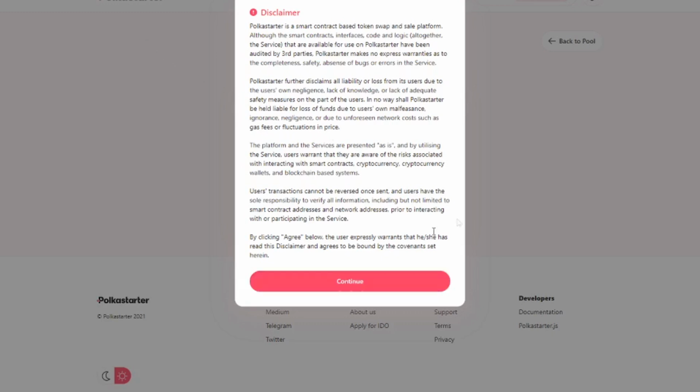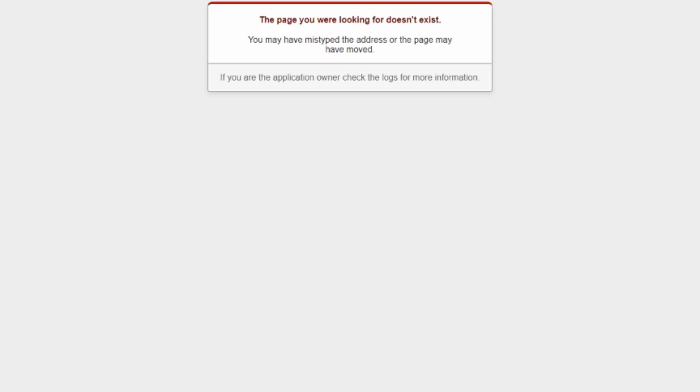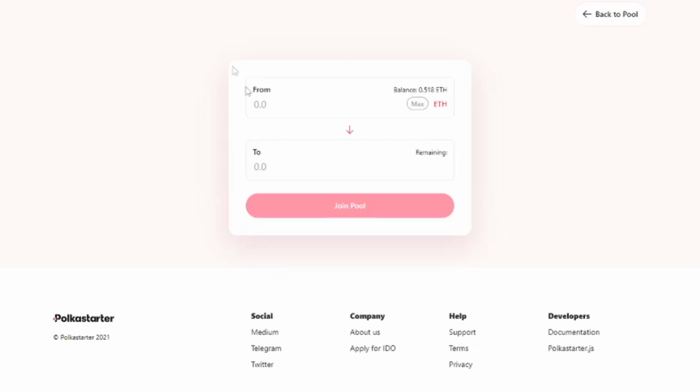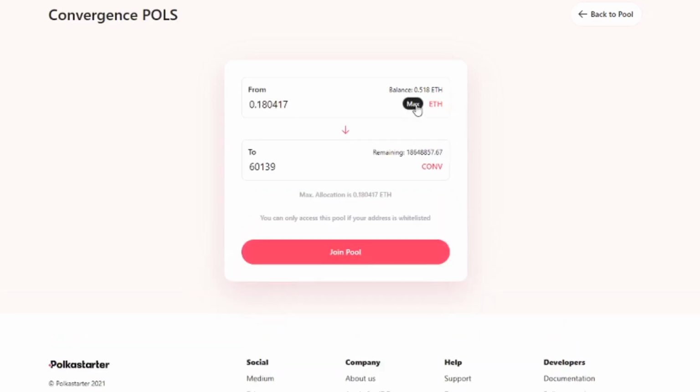Just keep in mind that it's possible that people are doing an attack, or just too many people are on the website at the same time and that you get a bunch of error messages. Just keep an eye on the Telegram, and eventually you'll get to this page. Then click as fast as you can on max for the max allocation, confirm, and then on your MetaMask confirm